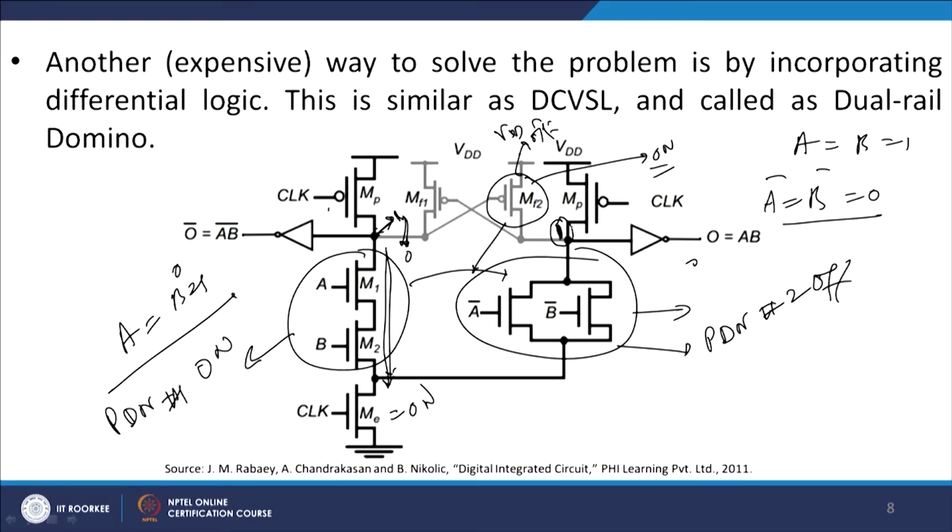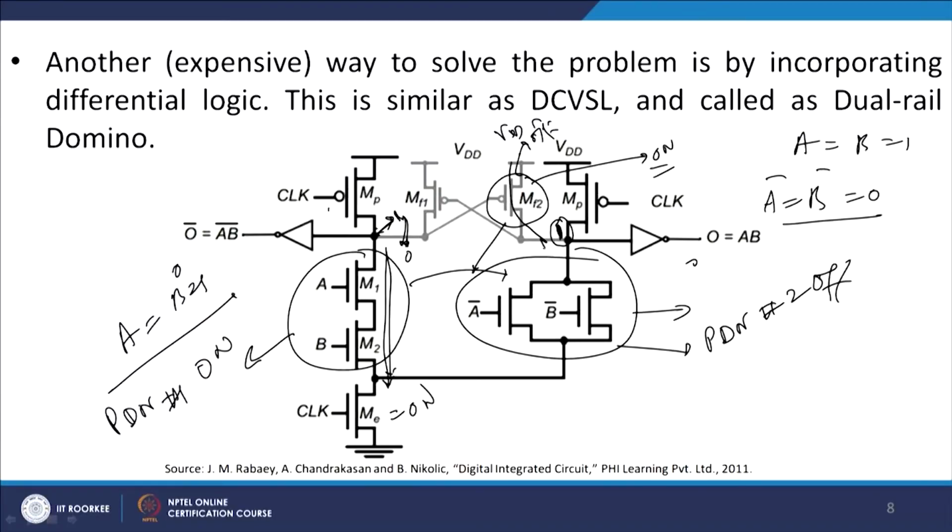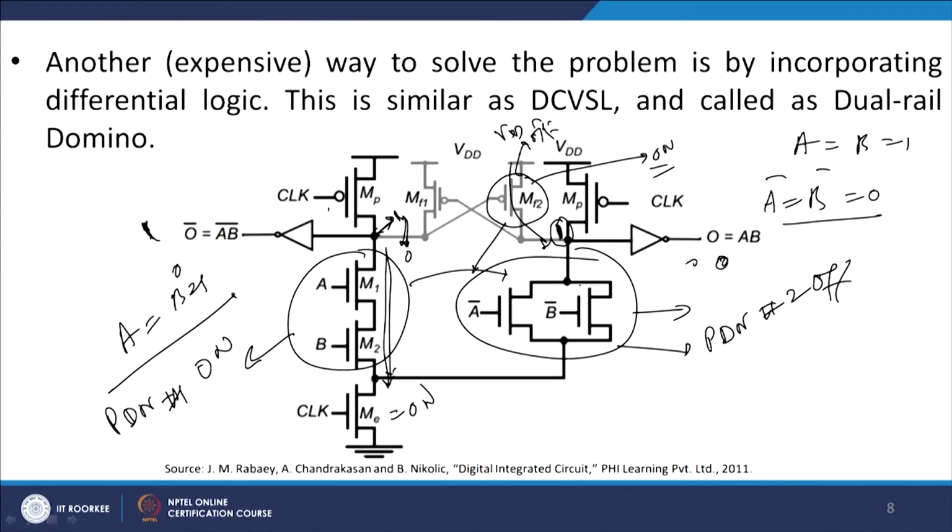So, even if this node actually has some delay or some leakages, it will be compensated by this VDD trying to pull up this value. So, this falls to full. So, this becomes 0, and this becomes 1 here. So, I have 1 here and I have a 0 here. In the next phase, when you go to pre-charge, again the same thing happens, that you are able to sustain this again to 1, and this again goes to 0.